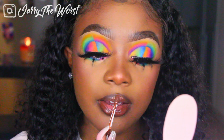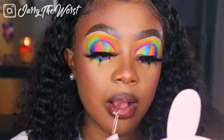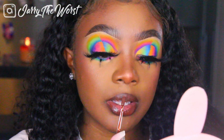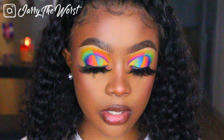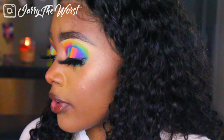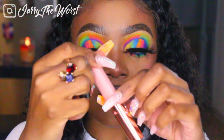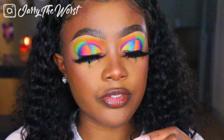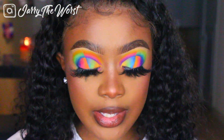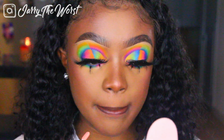Since I ran out of my perfect nude a while back, I make my nudes now with a brown liquid lipstick and a pink liquid lipstick. I start off by lining the lips with brown first, and then I take a pinky or really pale pink like this one. This one is from Zanzi Cosmetics in the color Candy, and I take a tiny bit of it and I pat it in